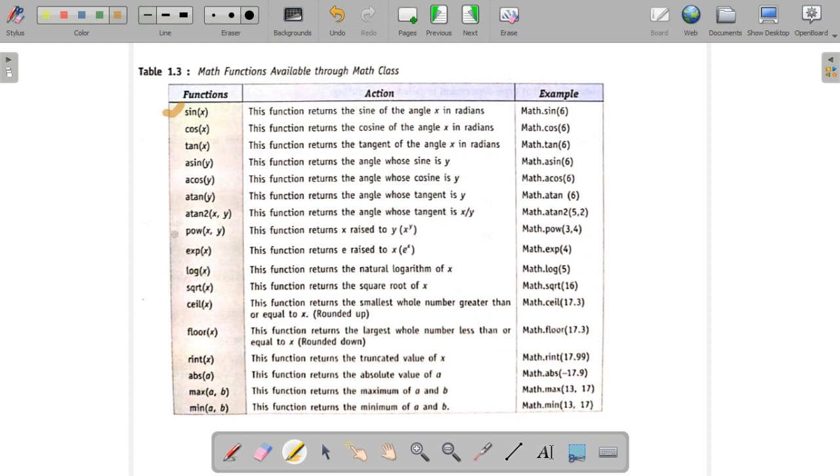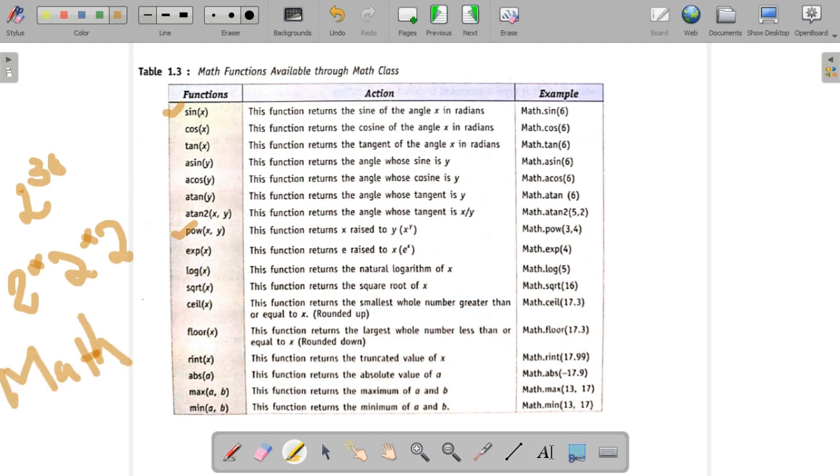Sine of x. If you want to get a sine value, then we can use sine of x. Math.sin of 6 or 7, like that. This one you know, all of you. If you want to find the power of 2, 3. In the case of 2 power 3 it means 2 into 2 into 2. In the case of 2 power 13 it's very difficult to write and multiply manually. So we can use the mathematical function. How will you write? Math.pow of 2 comma 30, like this you can write it. Okay, you can write and find the values.